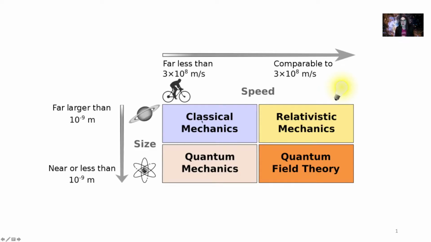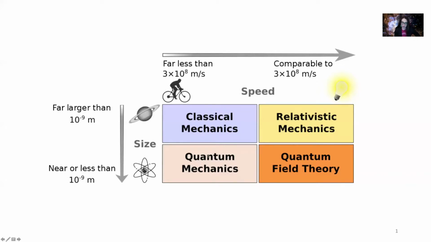in our universe. And when we think about classical mechanics or classical physics, which is what we've really been studying for the entire physics course until now, it covers just about anything that's larger in size than 10 to the minus 9 meters and that is moving at a speed much, much less than the speed of light. Whenever we take these objects and start moving them faster and faster, such that their speeds approach the speed of light, that's when we start thinking about relativity. Now, which is going to be the topic of this mini lecture.